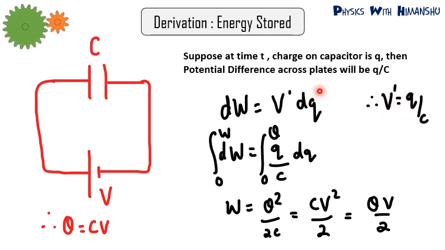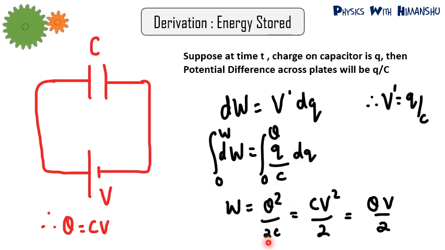Now suppose I want to give a charge dQ more. So I want to charge the capacitor slightly more by dQ. Work done is basically potential difference into charge, putting the value of V, that is Q by C, and integrating on both sides. Work done goes from 0 to W, and charge from initially discharged to finally the maximum charge, Q. So the integration of dW will be W. 1 upon C is constant, so it comes outside of the integration limits, and the integration of Q dQ will be Q square by 2.